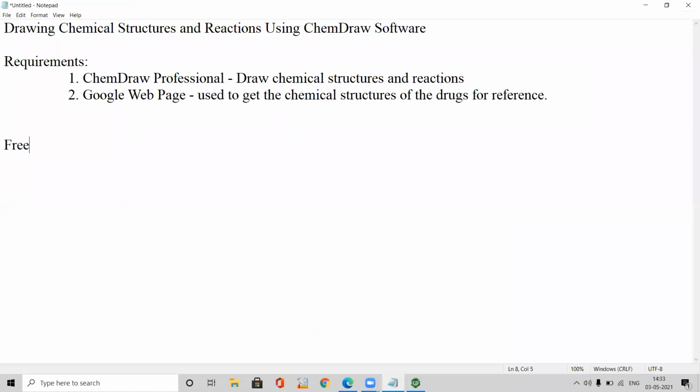a freeware to draw chemical structures and reactions. Not only reactions, we can draw even mechanisms, like how we draw in our laboratories on the board and observation book. The same way we can draw mechanisms by using these softwares. The free one, which is of best academic and research use,